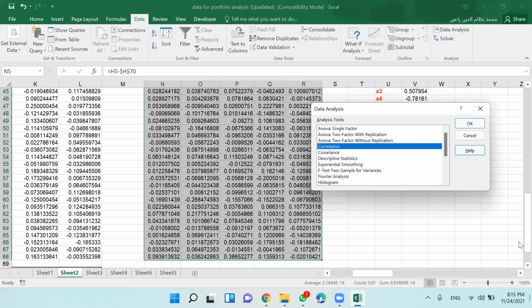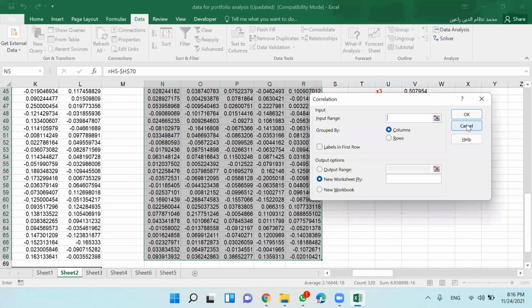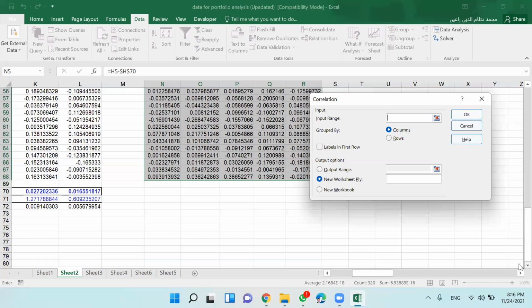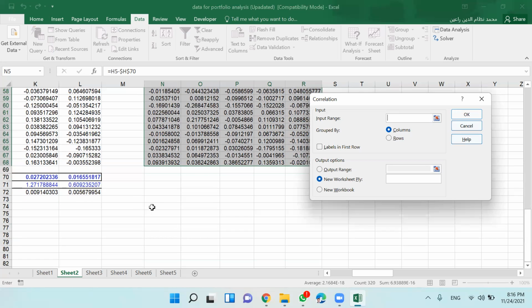So let me put the cursor here and indicate the space where I want to have my matrix. I put the cursor here, right?